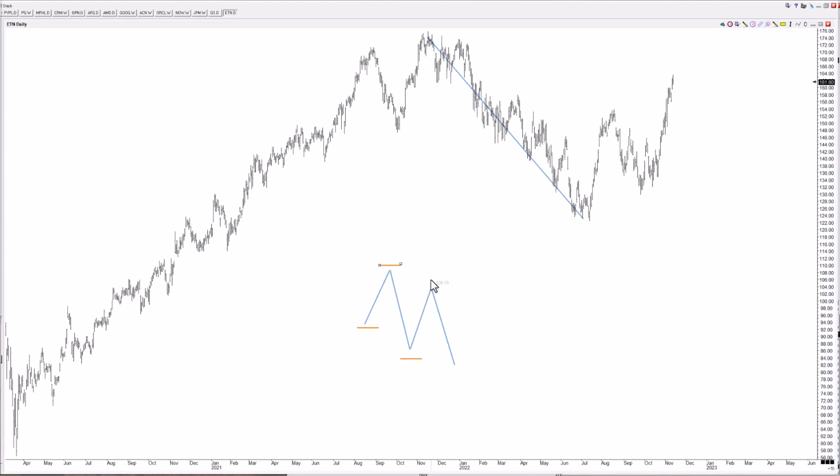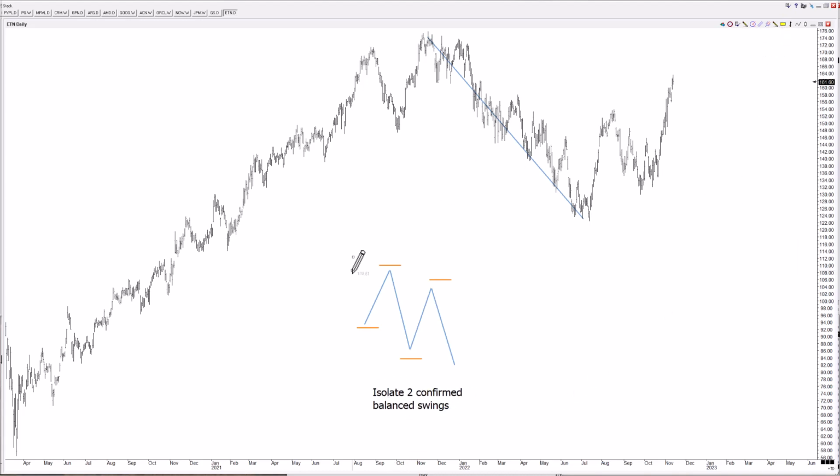And then I'll finish this in the next one. So isolate two confirmed balanced swings,